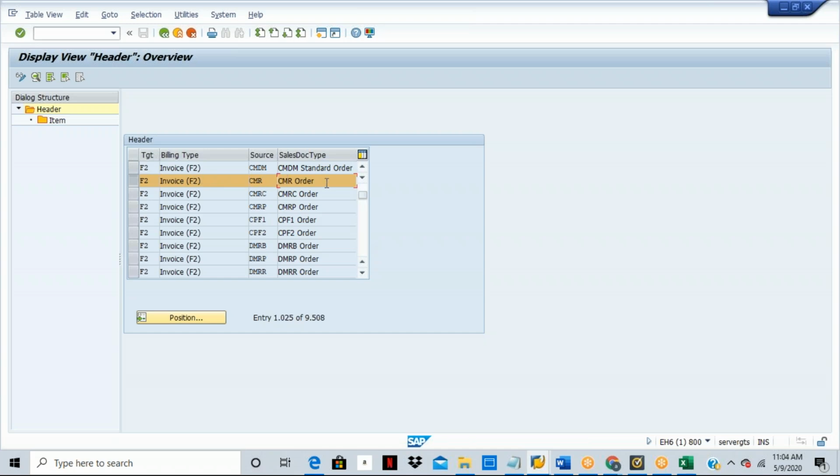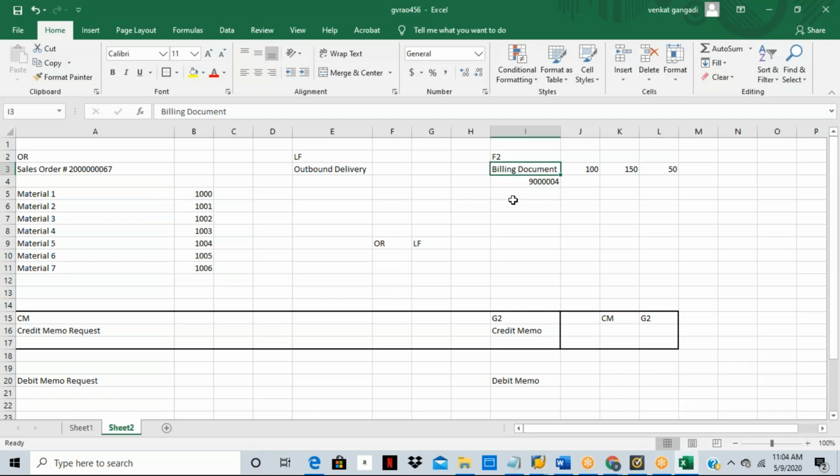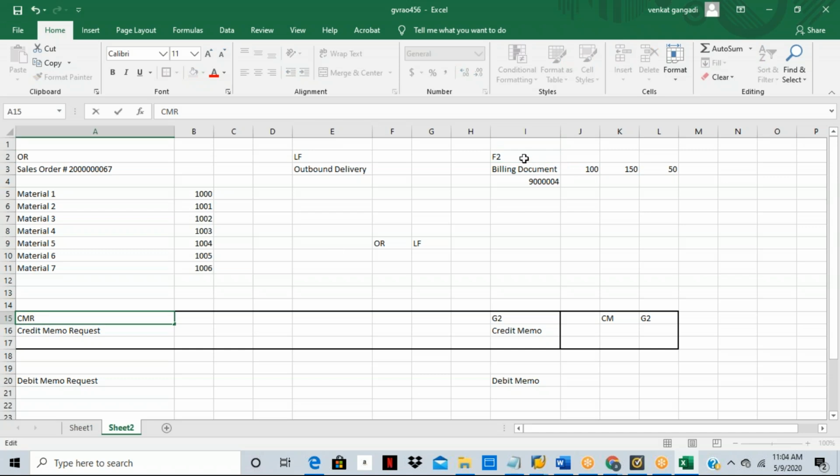This is one more point. For example, let me explain. For example, if you are creating the credit memo request with reference to this billing document, if in case you do not maintain the copy controls between F2 and CMR,